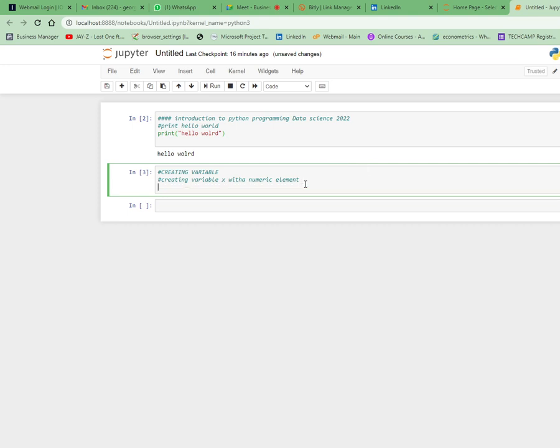We say this one is simple. So if you want an object x to have an element 5,